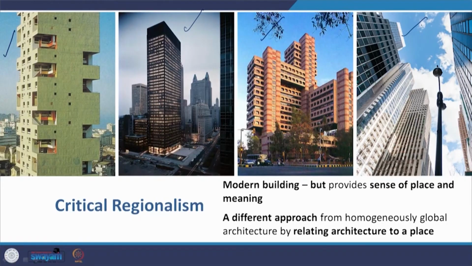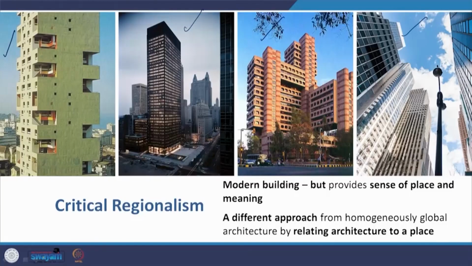Let me add one thing here. Do not misunderstand me that I am against modernism. Not at all. In fact, I love modernism. I love the works of Mies van der Rohe and Corbusier. There is so much to learn from them. But there was a context. Modernism also has a context. That context somehow disappeared when it became a rootless, placeless model in countries which had a traditional regional identity.